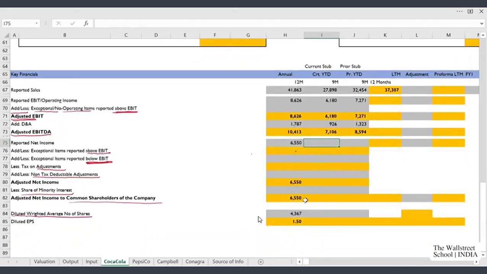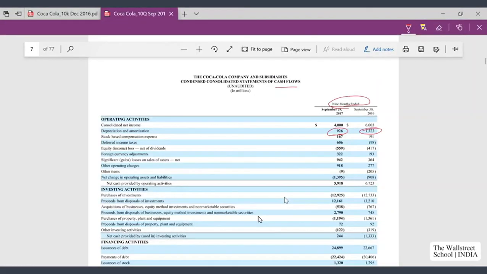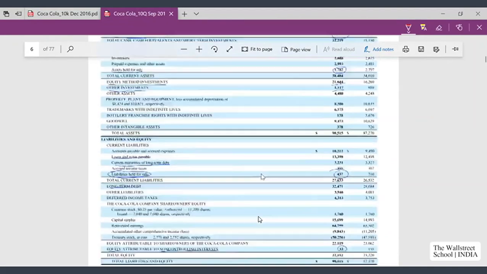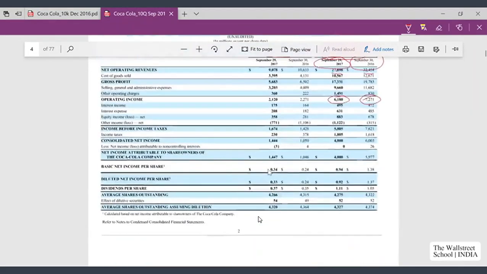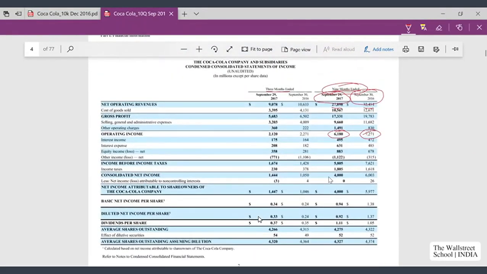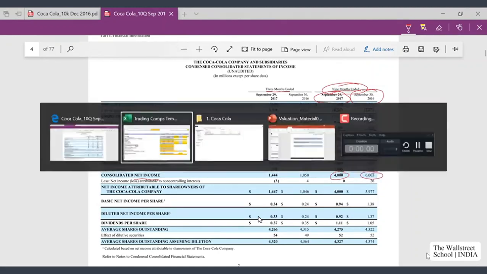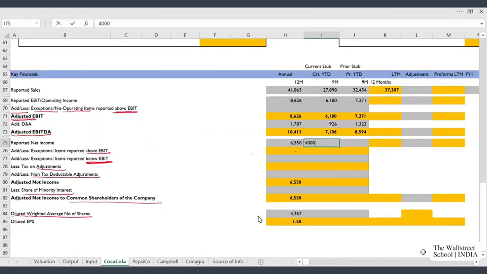Net income. So for net income, we have to go to the income statement, scroll up. Here we go. Consolidated net income, not the one which is available to common shareholders. So my consolidated net income is 4000 million for the current 9 months and 6003 million for the prior 9 months.